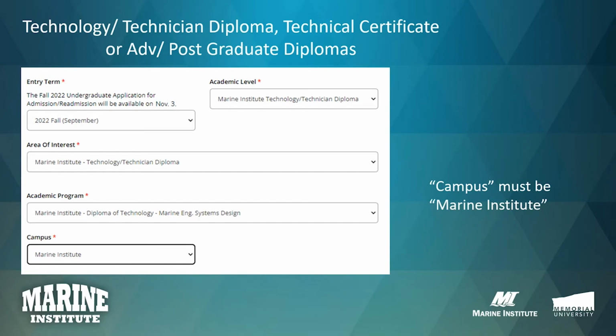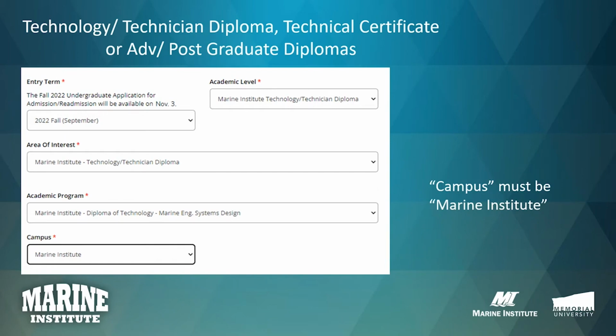For academic level, you would then select Marine Institute Technology Technician Diploma, or for the certificate or postgraduate diploma if that was one of the programs you'd be applying to. For area of interest, same thing, you select under the area which the program you'll be applying to. So for this example, we've again selected Technology/Technician Diploma.